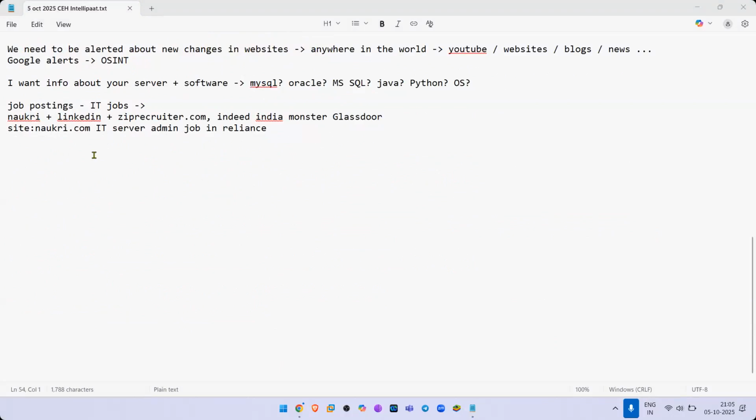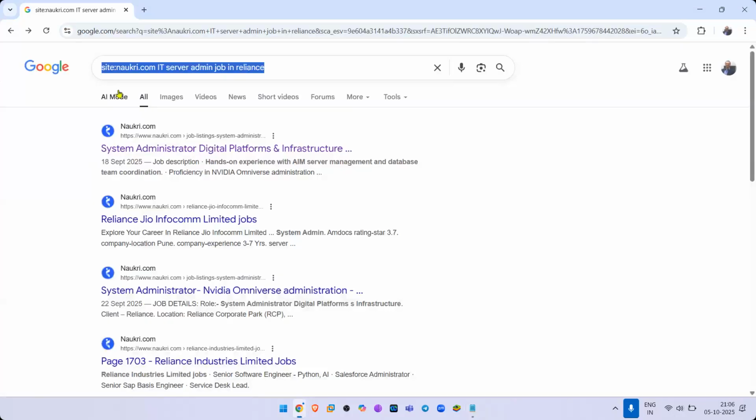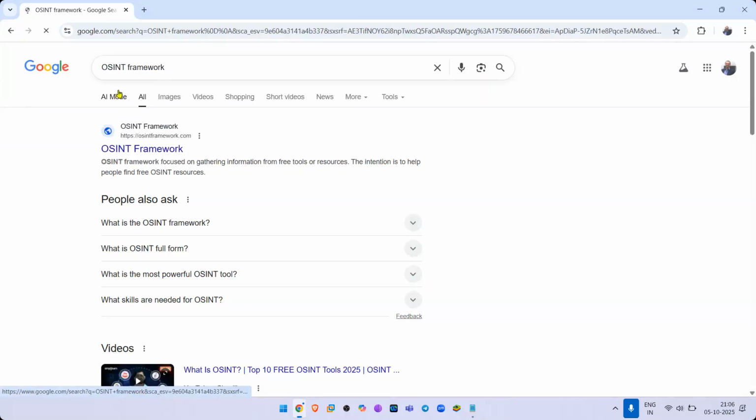Okay, so now let's go ahead and try one of the most powerful platforms for information gathering. It's huge. Okay, it's called OSINT framework. Let's just go and Google for OSINT framework.